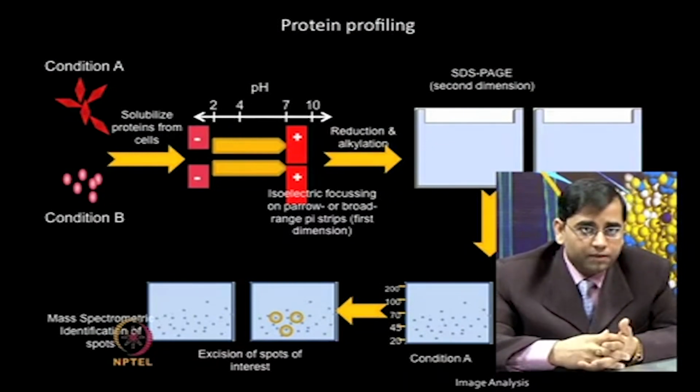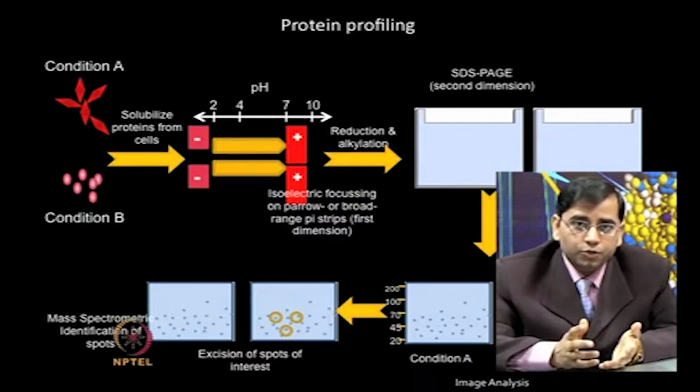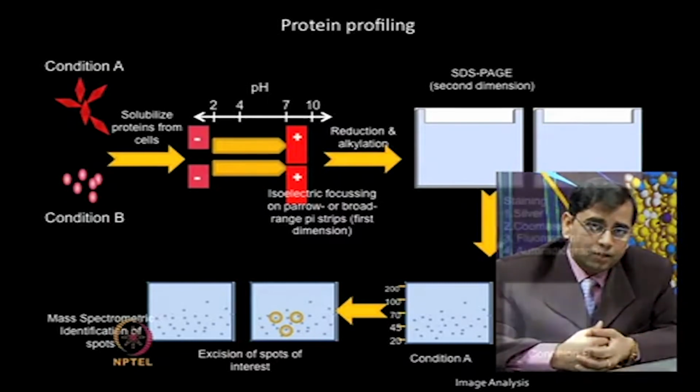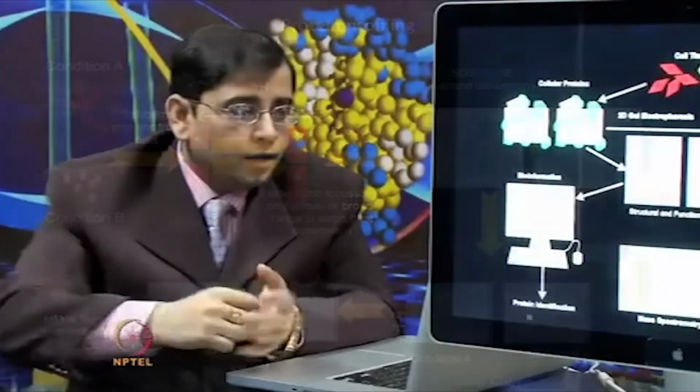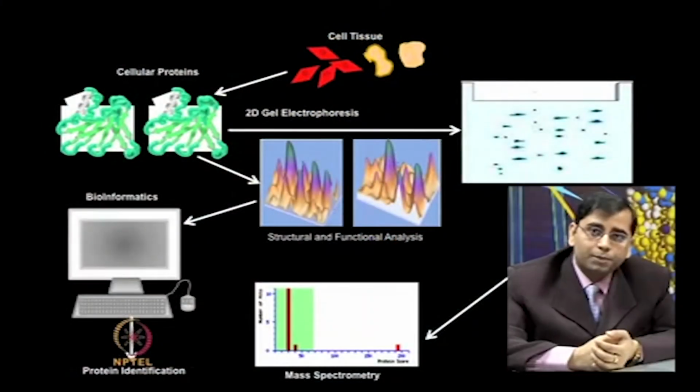And if these are significant, then this is the protein of your interest which you would like to identify by using mass spectrometry. So, I am giving you a view of abundance-based proteomics or differential expression profiling, where you